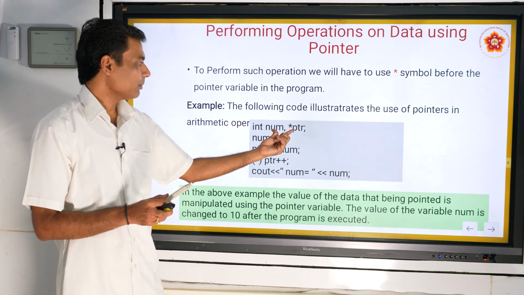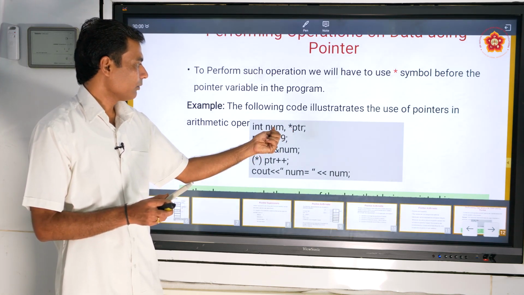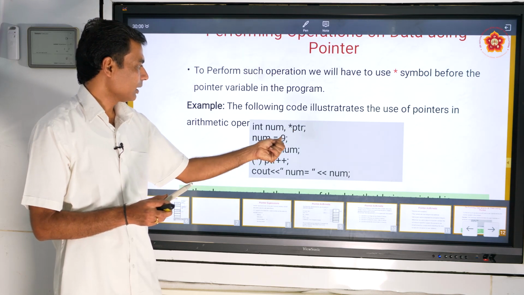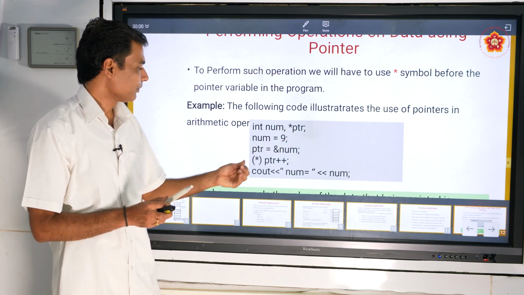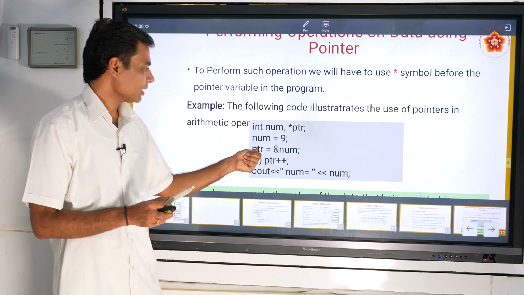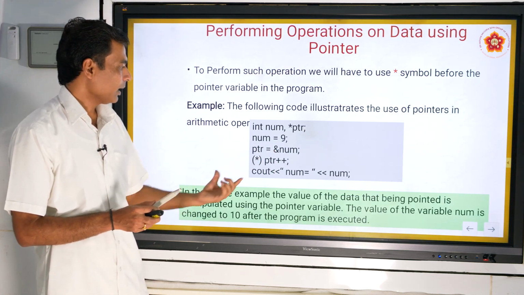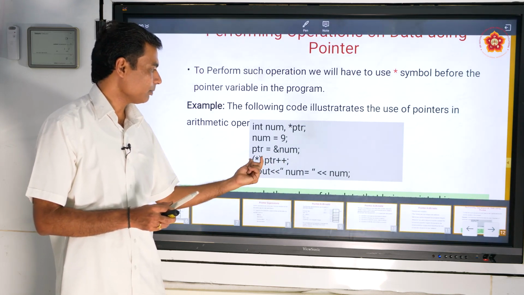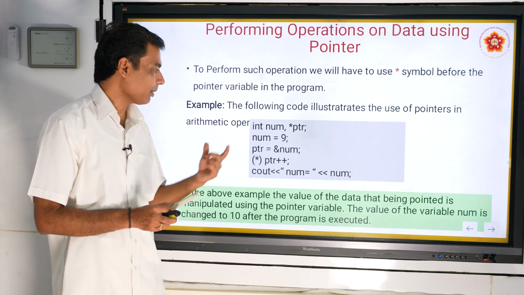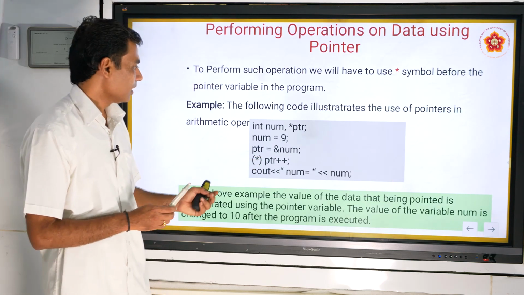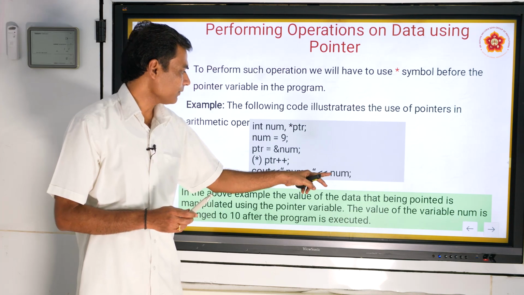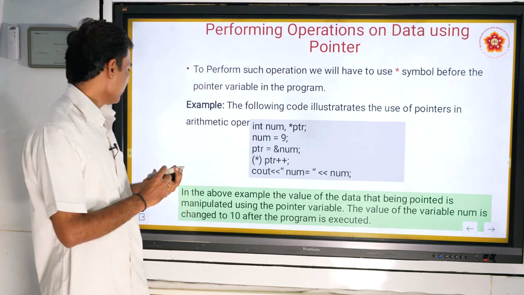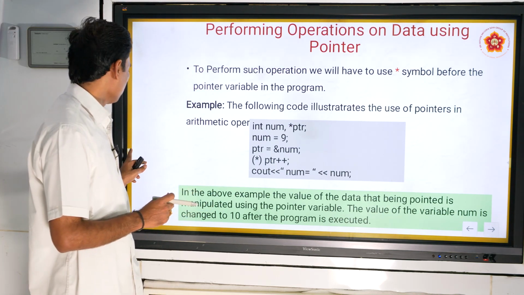Two variables we have declared, one is the variable, another one is the pointer. 9 is stored at num, and then the address of num is assigned to ptr. And here see the statement how it is written, ptr plus plus, and it is prefixed with the star in the bracket. When we print the value of num, what is it going to print? That is the question.